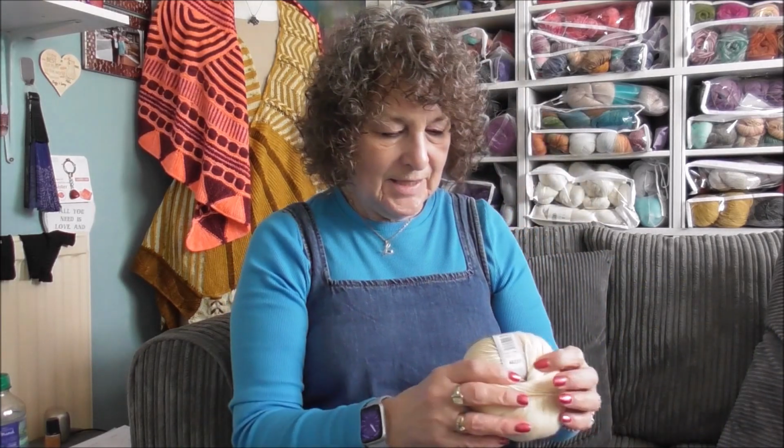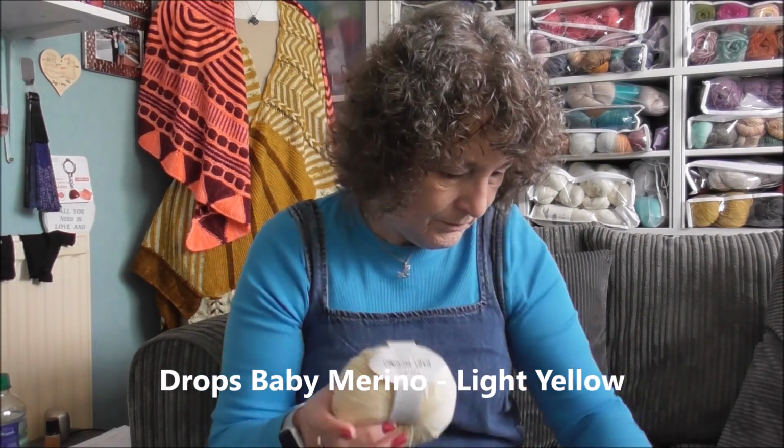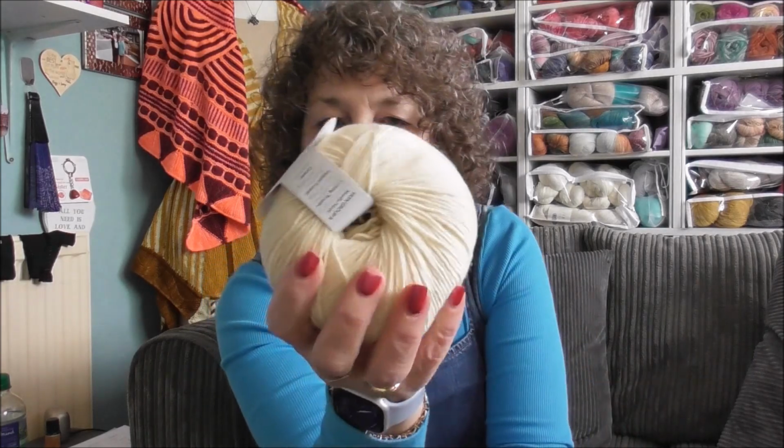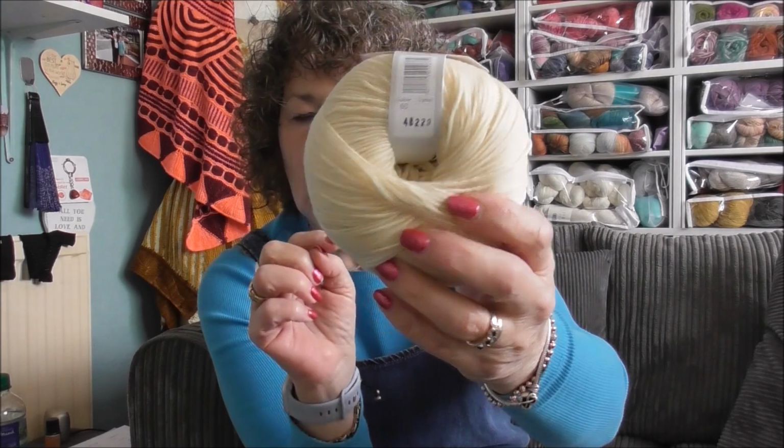The first thing I want to share with you is Drops Baby Merino. The colour is light yellow. I wanted a nice pale colour. It's not a yellow, but it's not a cream. It's kind of an in-between. You all know I love this. It's superwash treated extra fine merino wool. It's 100% merino, colour number 3, which is light yellow. It's yarn group A, needle or hook size 3mm, knitting tension 10 by 10 cm is 24 stitches for 32 rows, and it's 50 grams, which is 1.8 ounces, and it's 175 meters,